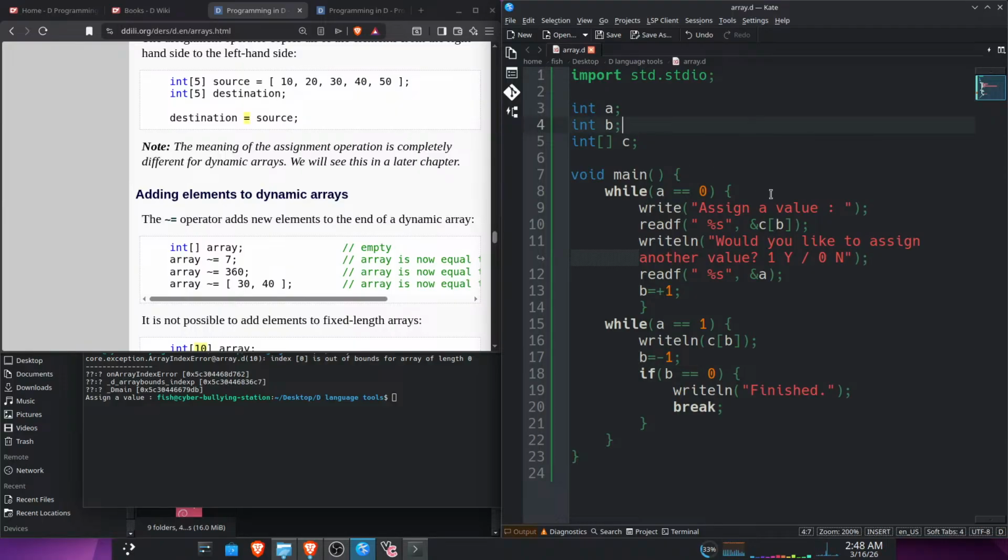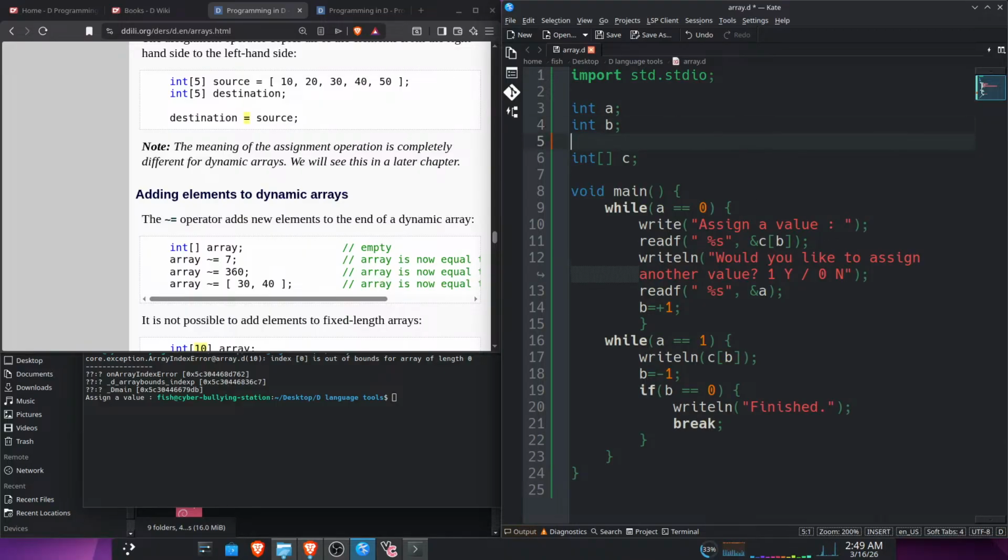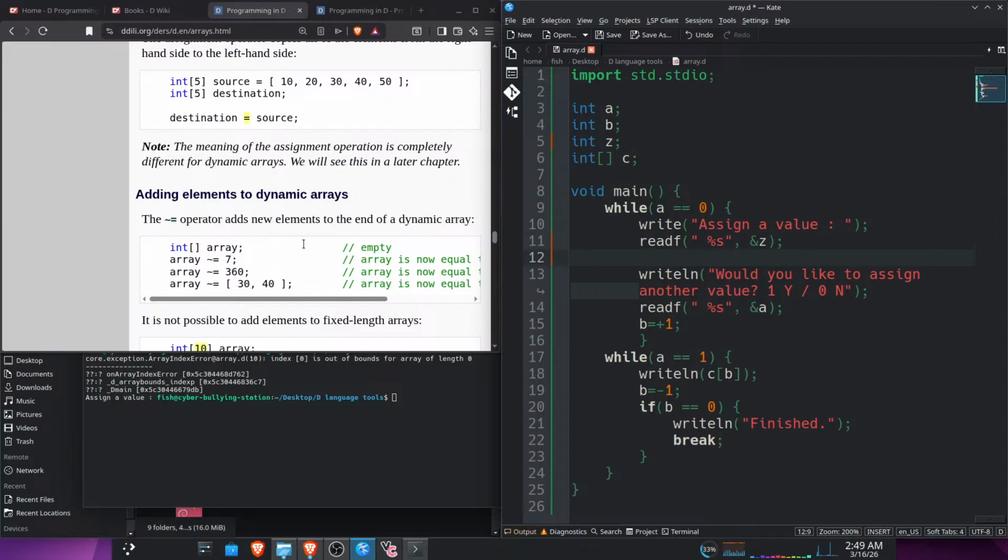Well, actually, now for this, we add in our actual input for assigning the variable, which is going to be called int z semicolon. So instead we're just going to assign z in there, and then we're going to use this to add to our array. So we're going to do c, and then we're going to do,